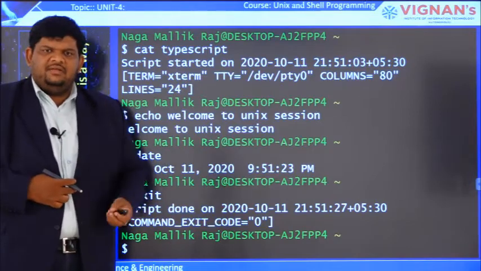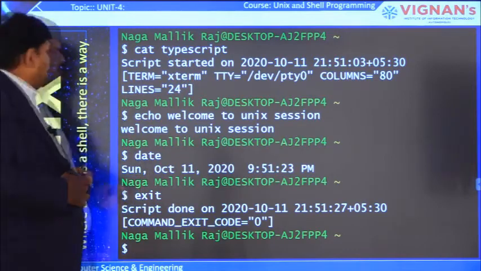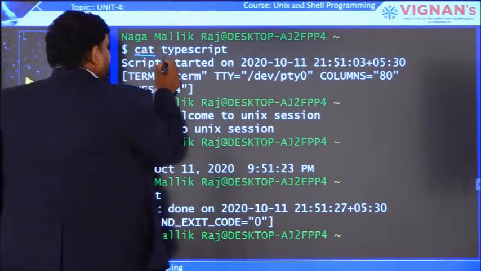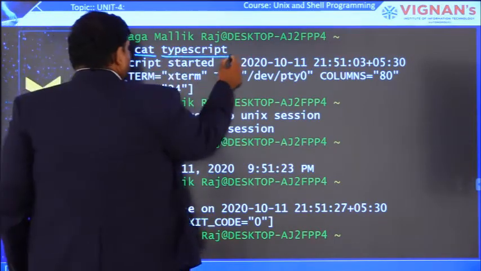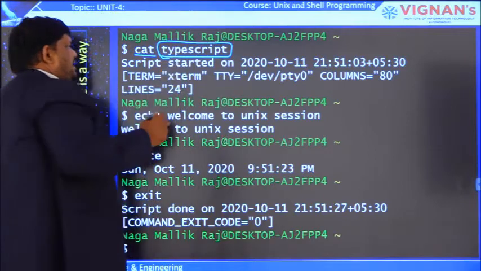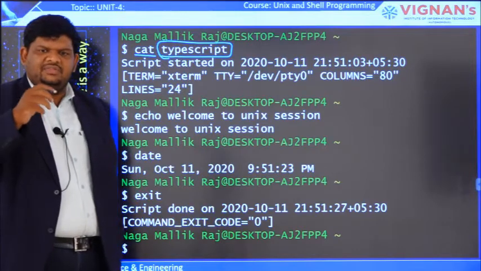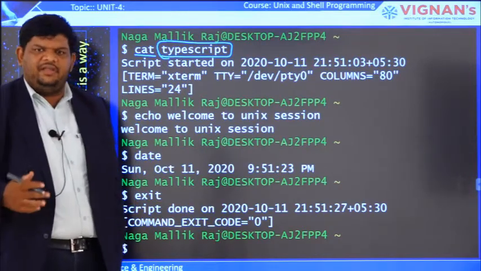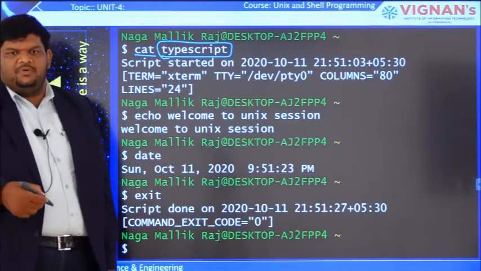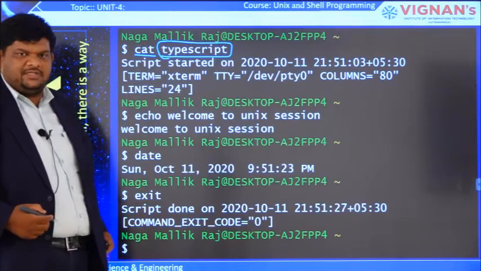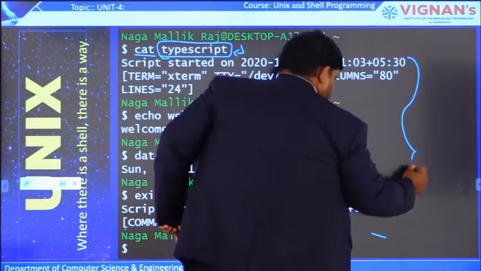If you want to check the content present in the default file name typescript, then we have to give the cat command; you know that it displays the content present in that file. So cat space typescript. In the previous example we observed that it shows the message file is typescript, because at the time of execution we did not provide any file name along with the script command. For that reason it opens the default file typescript, and in that it stores the entire output. For that reason here I am using cat space typescript. After that, enter, and this is the entire part.